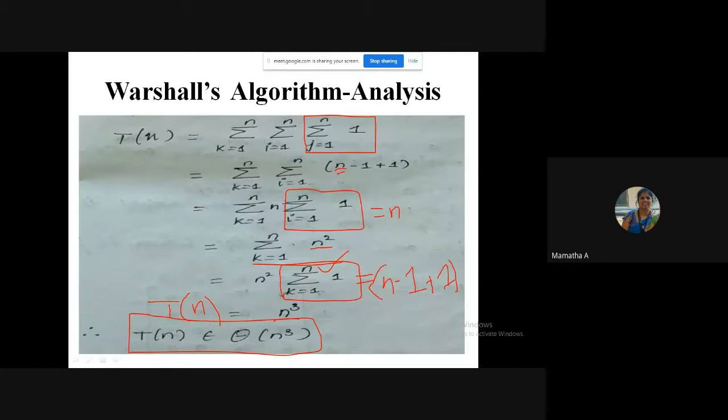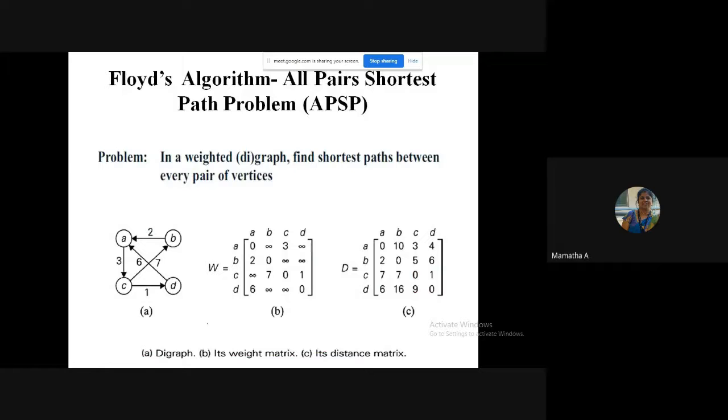So with continuation with Warshall's, we have another algorithm called as Floyd's algorithm. What is this Floyd's algorithm? As I told you, they are named after the inventors. But you can also tell the Floyd's algorithm is also sometimes called as all pairs shortest path problem. So they given the abbreviation as APSP. All pairs shortest path problem. So in your exams, if they ask you, explain all pairs shortest path problem algorithm, you have to tell what is it. It's nothing but the Floyd's. Okay. So what is the problem statement?